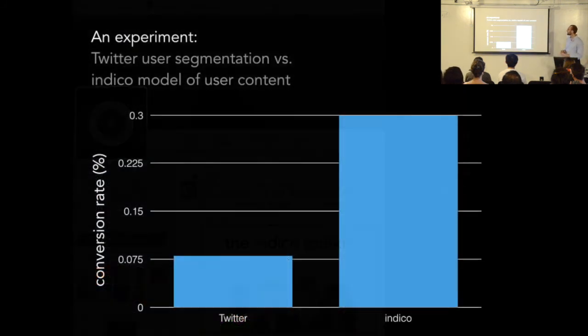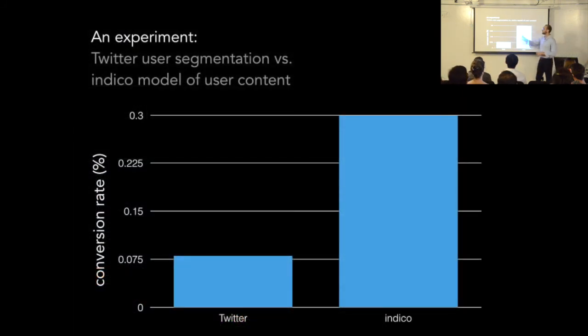We did a little experiment where we compared what I said first, the Twitter user segmentation, versus analyzing the text that's in these tweets that people are talking about, which we call our user content, and we put them head to head and see how much conversion we get from one method versus the other, right? The way we do this is we take a bunch of candidate users, filter them through our own stuff, and feed that into Twitter as a custom list of users we'd like to reach, right?